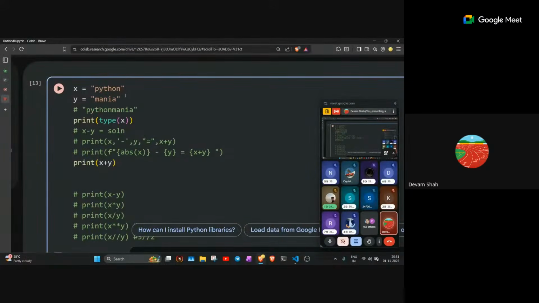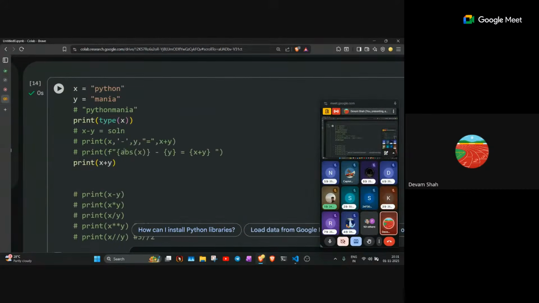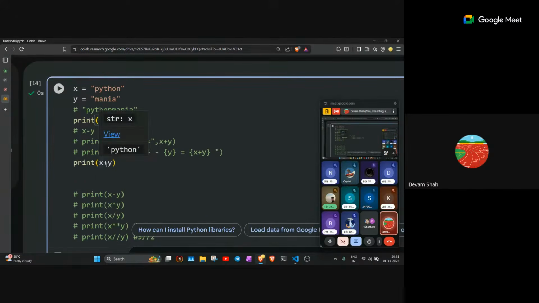All right, let's see that. So you can see here Python-Mania. And what is the data type of x? That is string. So the plus sign is not only for numbers, but it is also for your